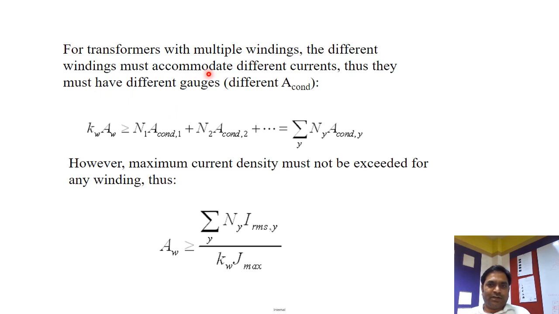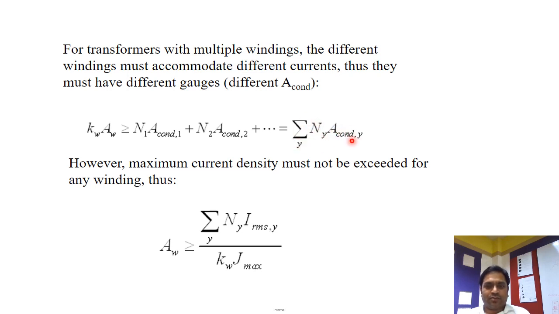For transformers with multiple windings, the different windings must accommodate different currents, so they must have different gauges of wire. According to that, in the last slide we have seen that Kw Aw must be greater than or equal to N1 times the area of conductor 1, plus N2, the number of turns of winding 2, times the area of conductor 2, and so on if we have multiple windings, and this must be equal to the summation of